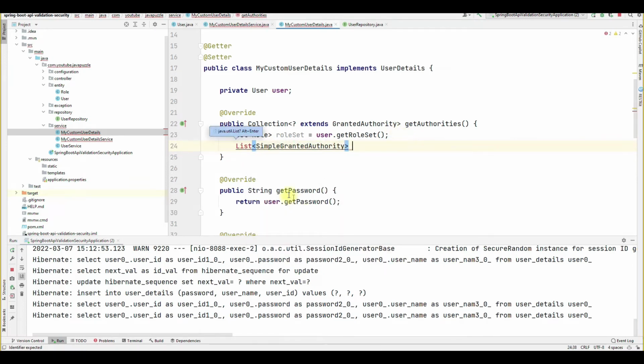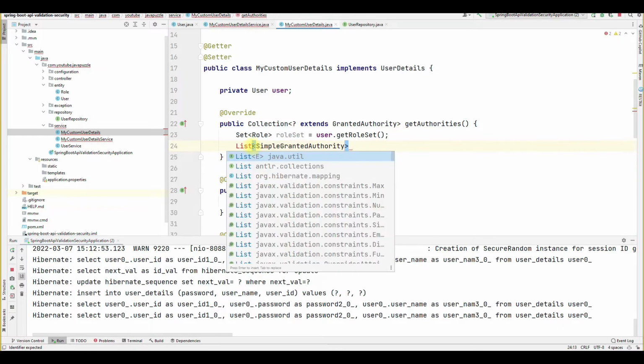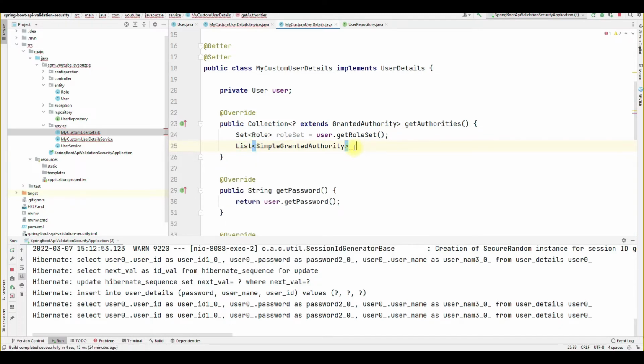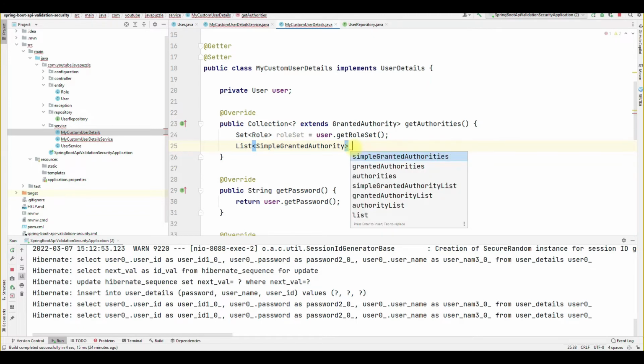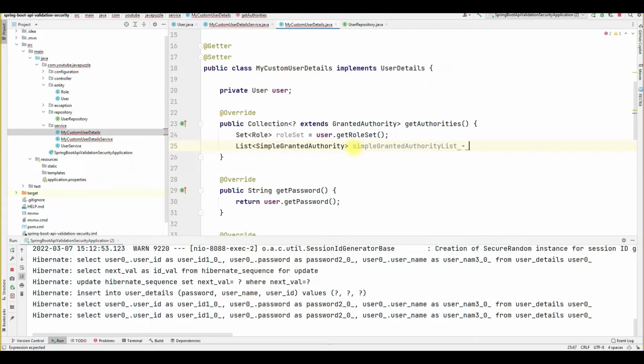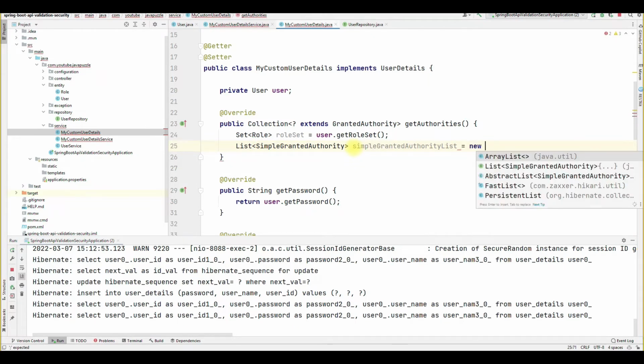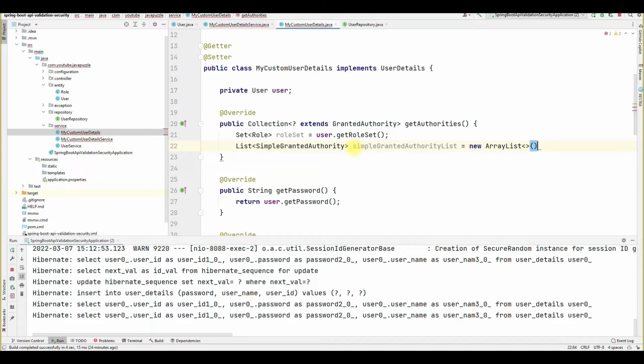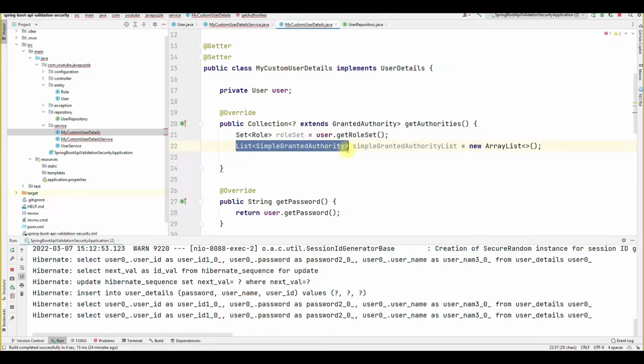Call it simple granted authorities list, is equal to new ArrayList. Okay, now we created two objects: one is a set of role and another is a list of simple granted authority. We have to get all the roles and store them inside this object.